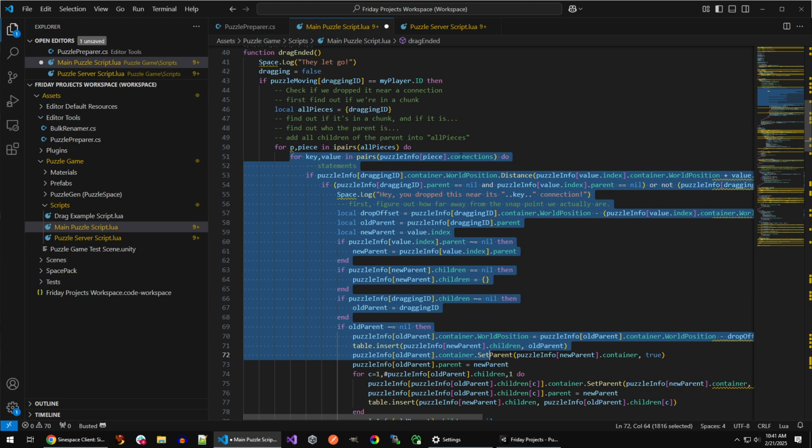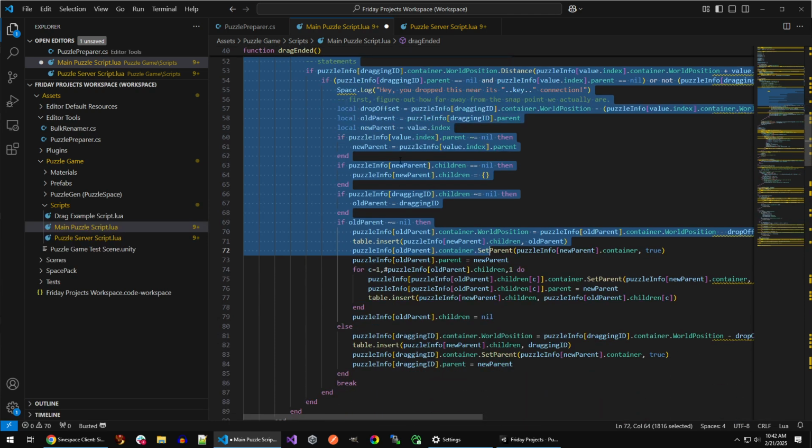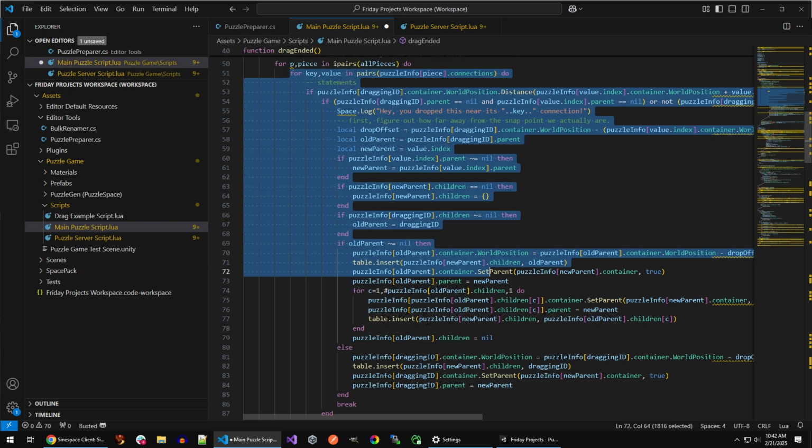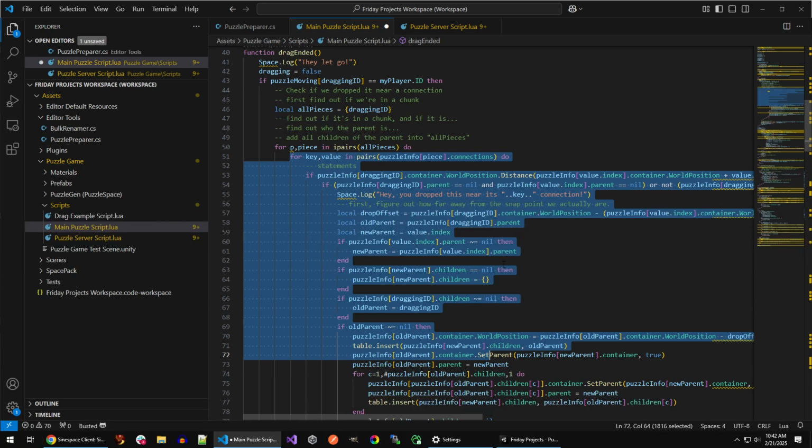And so for every piece in that chunk, we'd be looking at its connections. We'd be looking to see if it was a loose piece, if a connection had already been established, and we'd ignore that connection. And then we're looking for any piece anywhere in the chunk that has a connection that is not currently occupied. And then we could go ahead and more or less do all the same stuff that we're doing here. There might be a couple of extra considerations, but it's really about